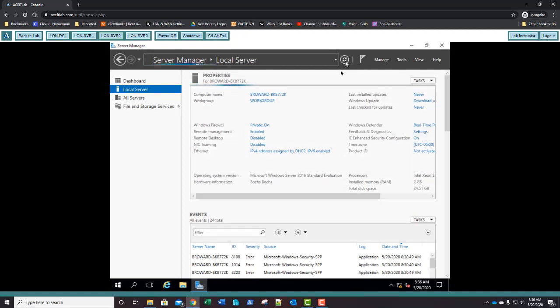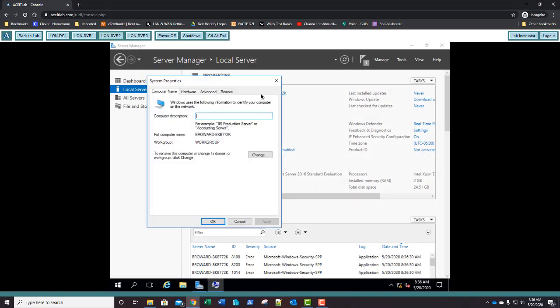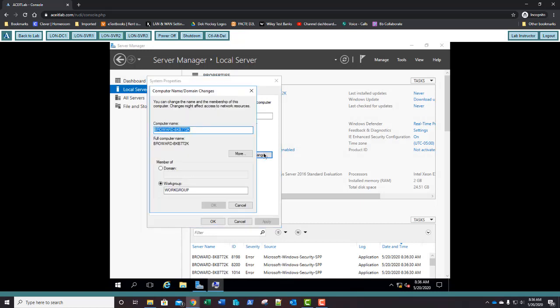Let's go ahead and refresh that server manager once more. Make sure that, yep, there's private and there's our IP address. We can click either on the name of the computer or workgroup. I'm going to click the name that time. See, it brings you to the same screen. Click the change button and let's name this lun-svr2, member of what? Adatum.com,